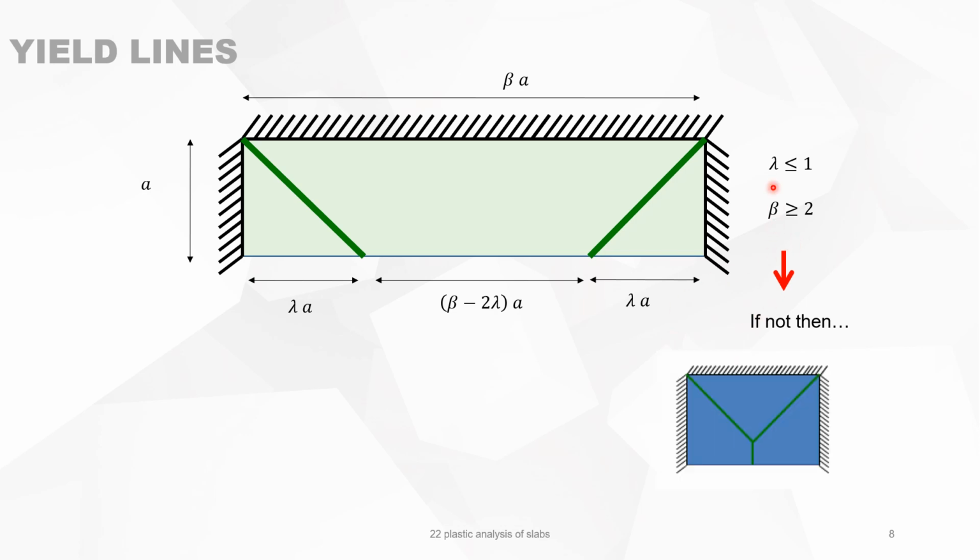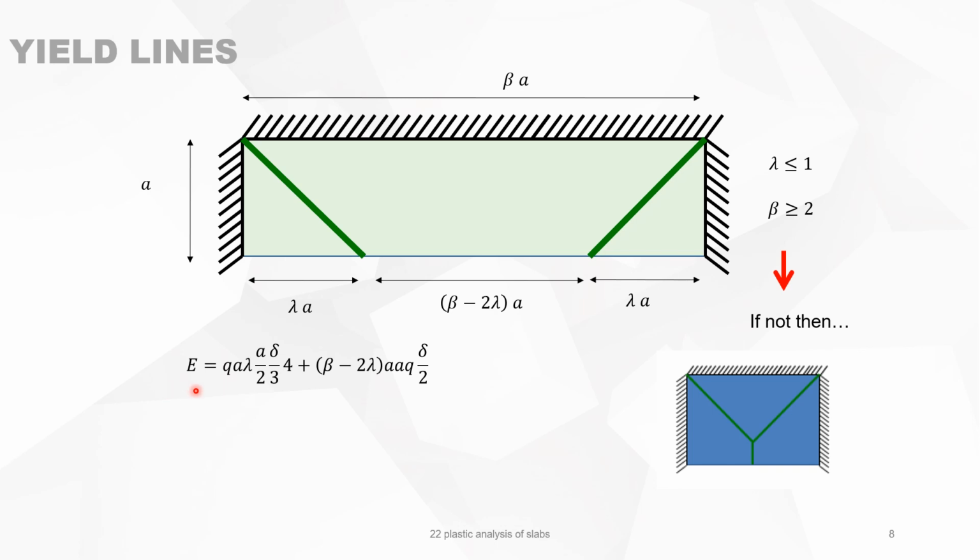Because if this is not the case, then you will remember that the yield lines are not correct. So if beta is not bigger than 2, then you will have a situation like this. The external energy E